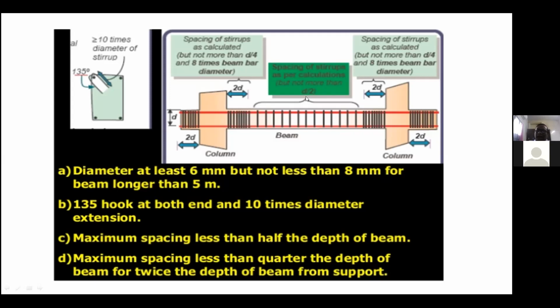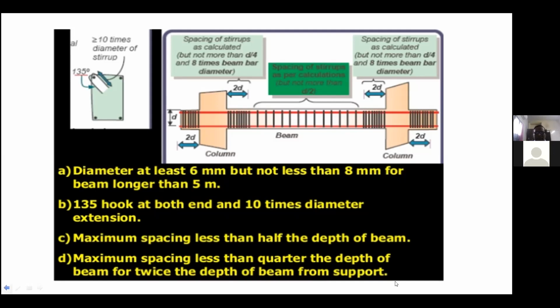For example, if you are having a beam of say 300 millimeter, 300 divided by 2 is 150 millimeter. So the stirrup spacing in the middle region should not be more than 150 millimeter, that is 6 inches. But in most cases, they provide not less than 8 inch or 200 millimeter. That is not acceptable. Whatever the depth of the beam, D by 2 is to be provided in the middle region, and then we have to provide very close stirrups in the beam column joint.